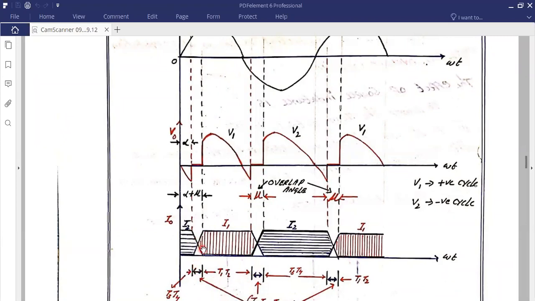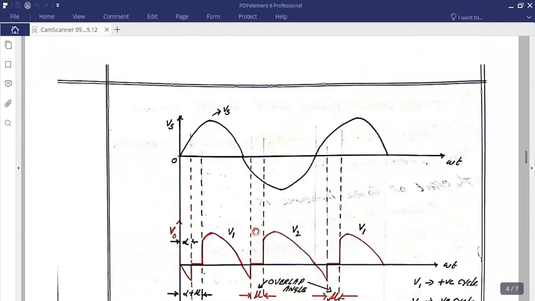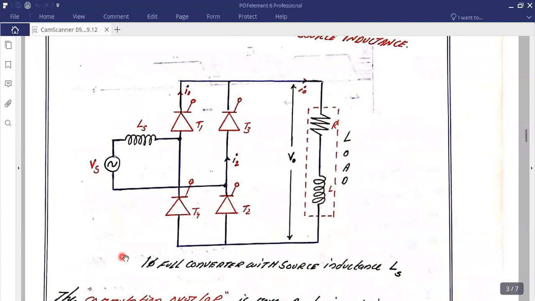Okay, so once again I simply repeat this. You may observe the difference between these. This is going to be the conduction span for T3 and T4. This is going to be the conduction span for T1 and T2, isn't it? So what will happen at each and every instant of this operation? The devices are going to provide one parameter, the voltage, and the other parameter, the current, isn't it? So voltage is going to be provided by the conduction of one pair of devices providing the current. Then again the other pair of devices are going to provide the voltage as well as the current.